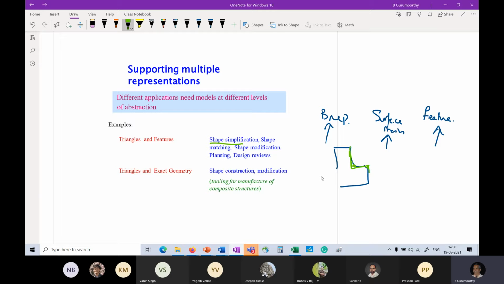Right? And so it's a case where you may have to go back and forth between smooth geometry or exact geometry or a BREP, and a surface mesh or a bunch of triangles. Okay. A very simple example of this problem arises in the case of composite